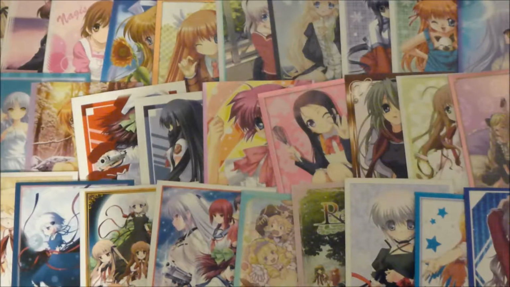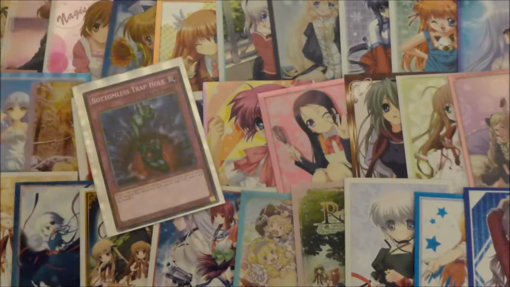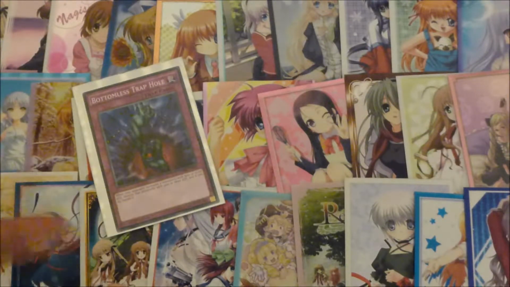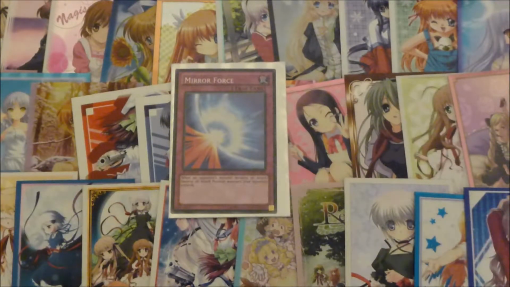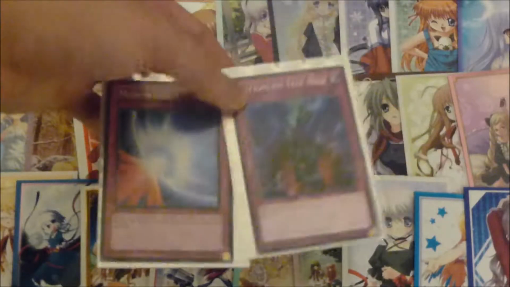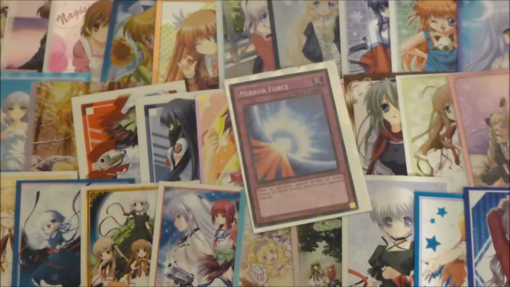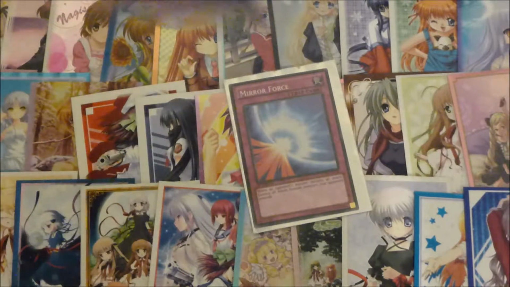And to round out the traps, it's sort of a generic back row: one Bottomless Trap Hole, and the one Mirror Force. Bottomless can be easily replaced with your Solemn Warning, Solemn Judgment, etc. Mirror Force is there because once you've got your Harpies on field, you play the Mirror Force to